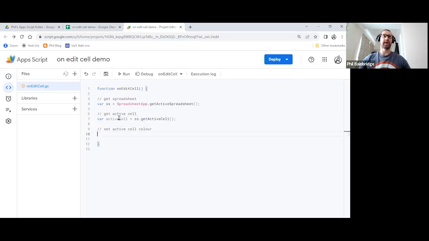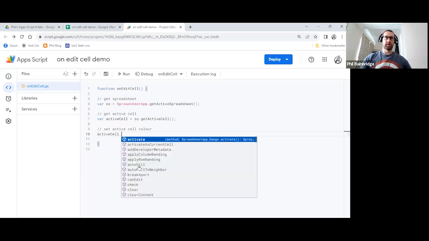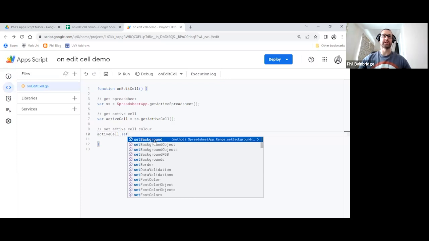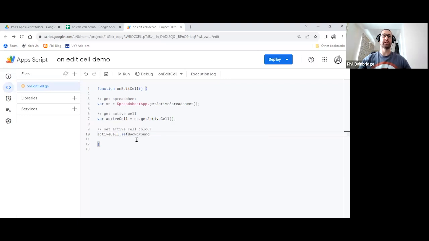So we call activeCell down here because that's what we've got saved. You can start typing it in, and the variable will pop up there for autocomplete. So I'm just going to hit enter and let autocomplete do that for me. If I put my full stop in, I get loads of different things we can do with the active cell. But the clue in the comment is we want to set the color. So I'm going to start typing the word set. And there's quite a few options that we get here. What we're looking for is setBackground, singular. We don't want the plural version of this because we're only dealing with one cell at a time.